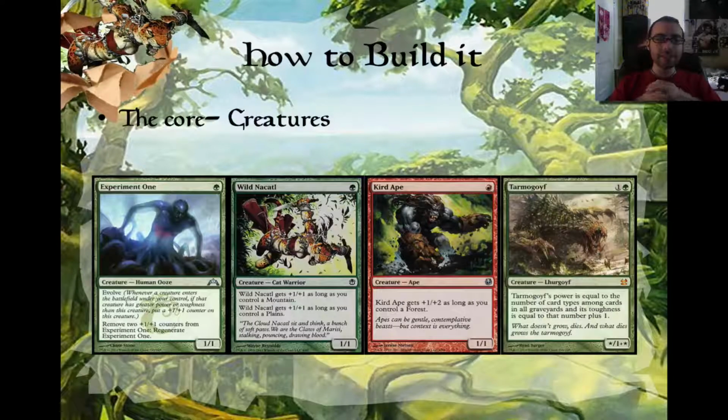That's going to be the main core you're going to want to look at. There are other options that you can do. You can add things in there, and we'll get to that in a second. But I honestly do think that Experiment 1 is sort of like a bad Wild Noctowl, but is still better